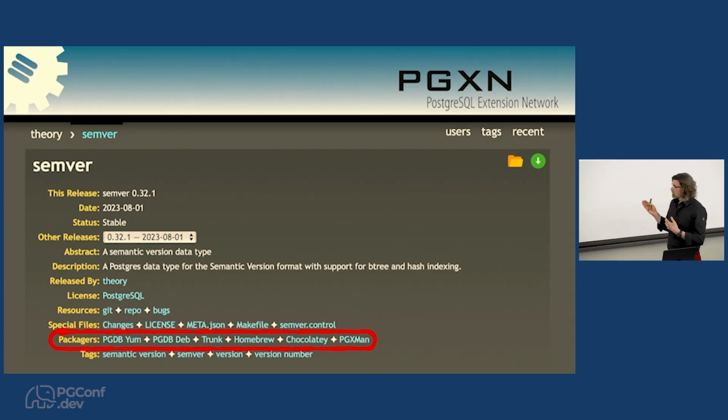It'd be cool to be able to go look and say, okay, where are the binary packages for this system on the website? We can say, okay, this one is in the community Yum, the community Debian repositories, Trunk has it, Homebrew has it, Chocolatey has it for Windows, PGXN has it, whatever, right? So that you know where it's generally available. And if it's not available, maybe you know who to go talk to about getting it added if you need that.